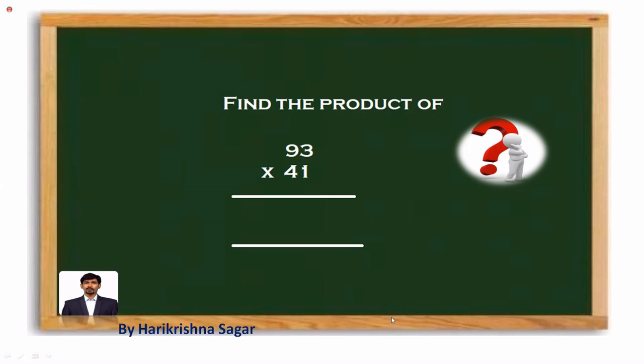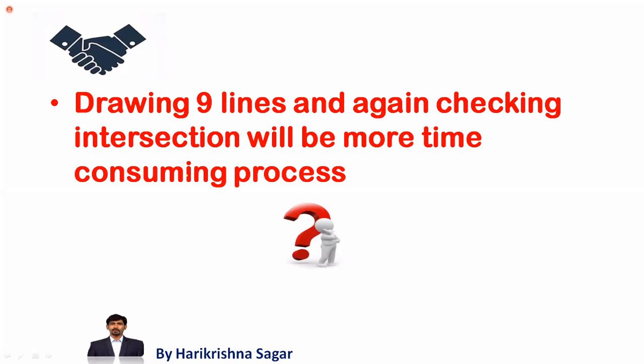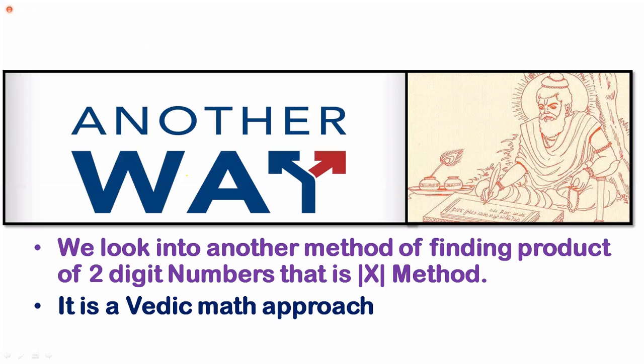So the biggest challenging part is drawing 9 lines. 9, 3 and 4, 1, and then counting the number of intersections will consume a lot of time from our end. So that is the reason. Drawing 9 lines again and checking the intersections will be consuming a lot of time. That's why what we do is